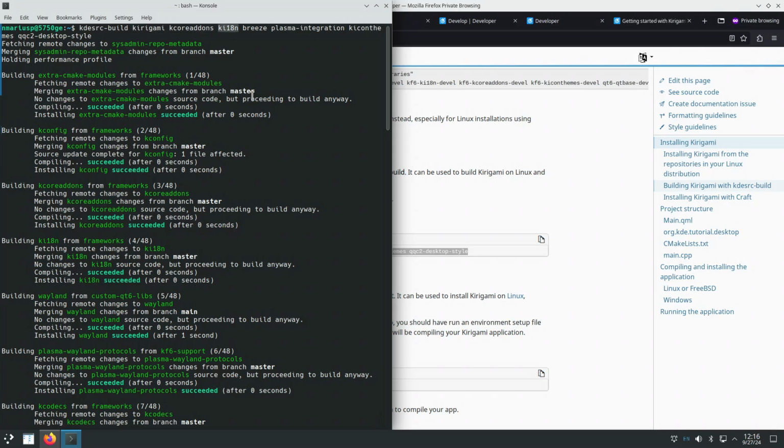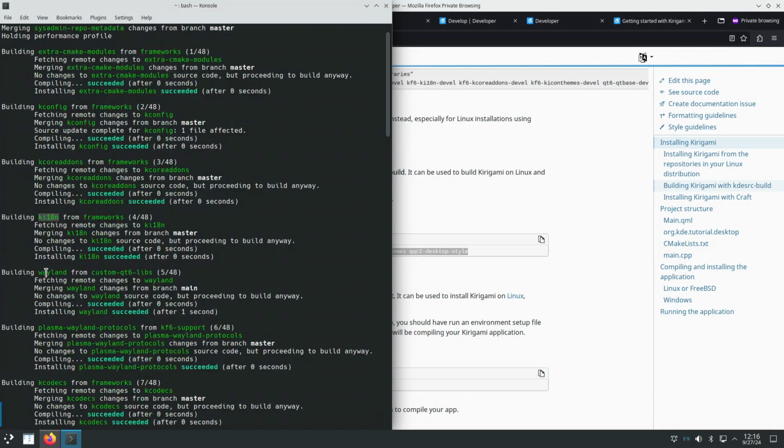It creates a tree of Git repositories that need to be built, one being a dependency of the other. Then it flattens out that tree as a list of Git repositories that need to be built in a certain order. So this is the order: extra CMake modules, ECM, KConfig, a KDE framework, KCoreAddons, a KDE framework, KI18n,